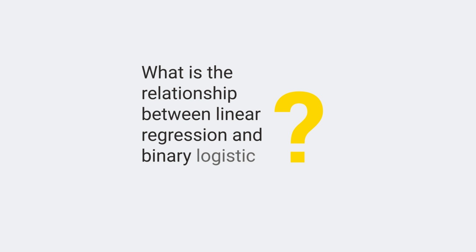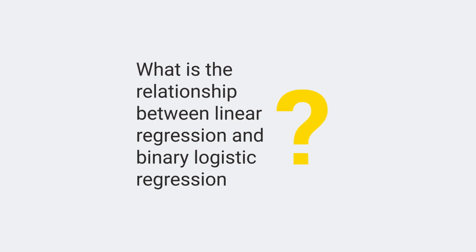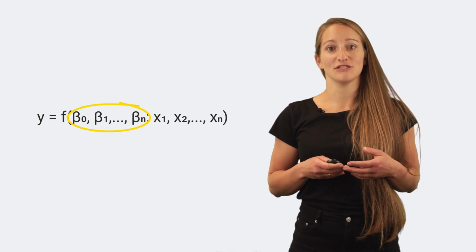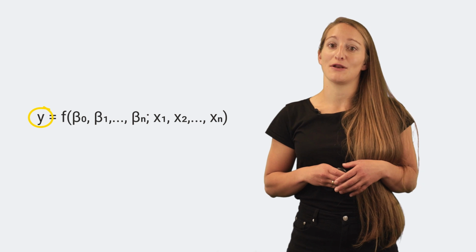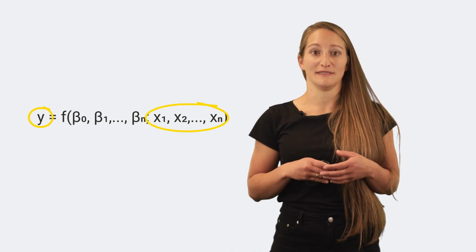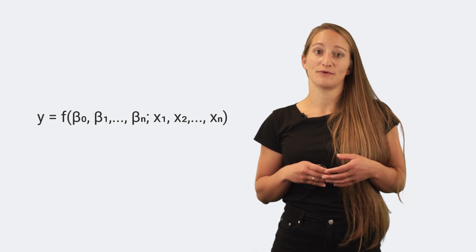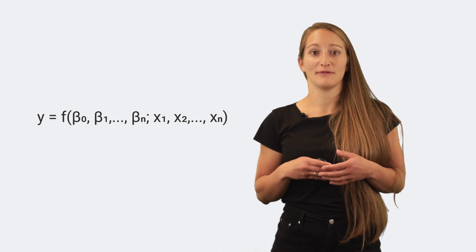What's the relationship between linear regression and binary logistic regression? Regression models use a function that depends on a number of coefficients to describe the relationship between a dependent variable and one or multiple independent variables. Once the coefficients are calculated, this function is used to predict the value of the dependent variable given a set